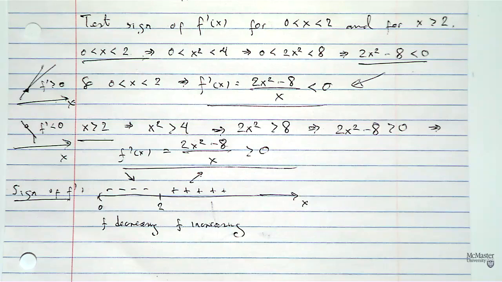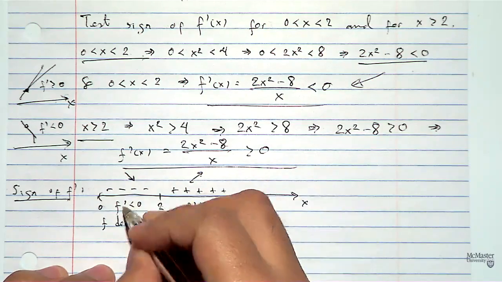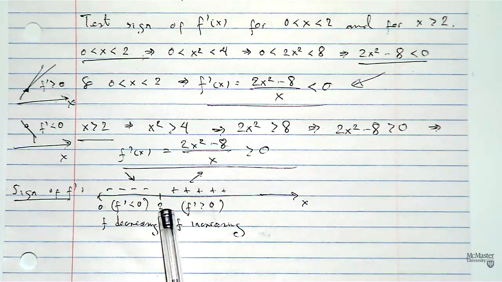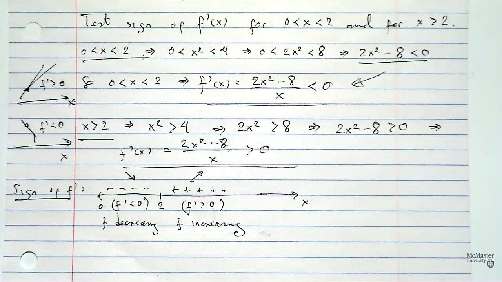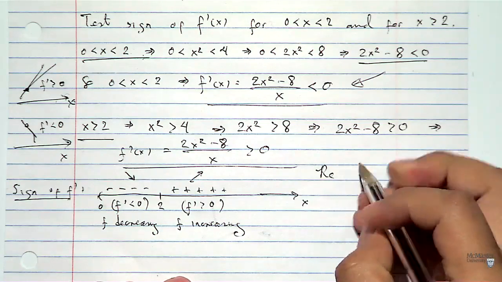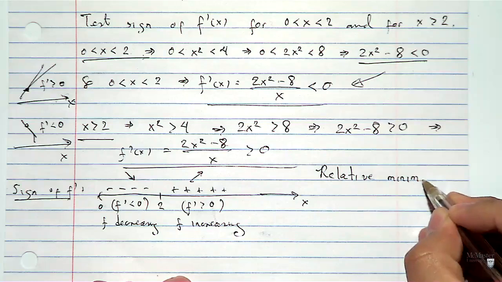I mean, if you think about it, if you want me to write it, this is f prime less than 0, this is f prime greater than 0. The point 2 is precisely where f prime is equal to 0. Oh, sorry. F prime greater than 0. F prime at 2 is equal to 0. And so we know that we have a minima here. So, of course, local. So there is a relative minimum, meaning a local minimum,